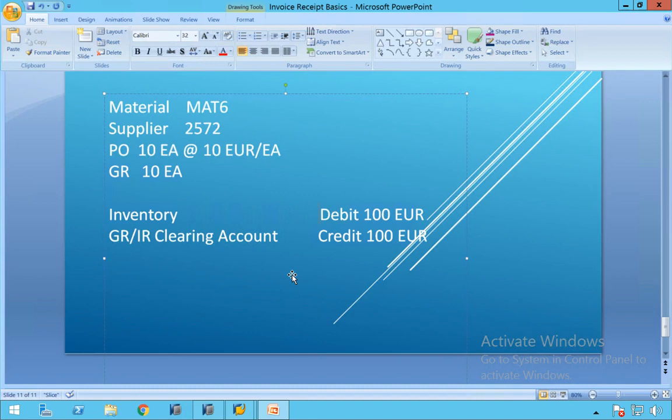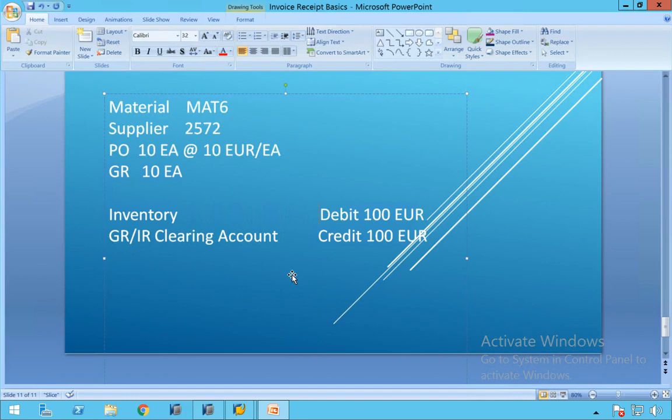Who is compelling us to do this entry? Financial accounting rules say that if you make a debit entry, you must offset. Where you offset, you decide. Then the ERP software SAP said that it is the GRIR clearing account. Why GRIR clearing account? Because at the time of GR some entries will be entered for this line item of the PO, and one entry will come at the time of invoice.